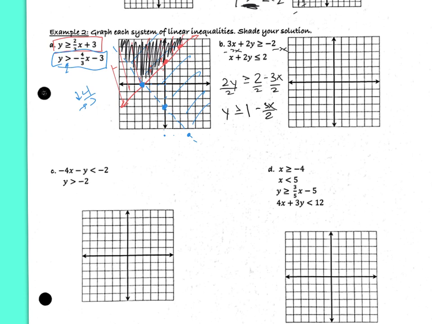So I'm going to use the same color here just to show you that it is possible to do this with one color. Start up 1, and then from there we go down 3 to the right 2. Then we're going to connect these dots with a solid line. This is greater than. Greater than is above the line. Again, don't go crazy. Just draw some lines there so you know where you're talking about. And then we'll do the other line